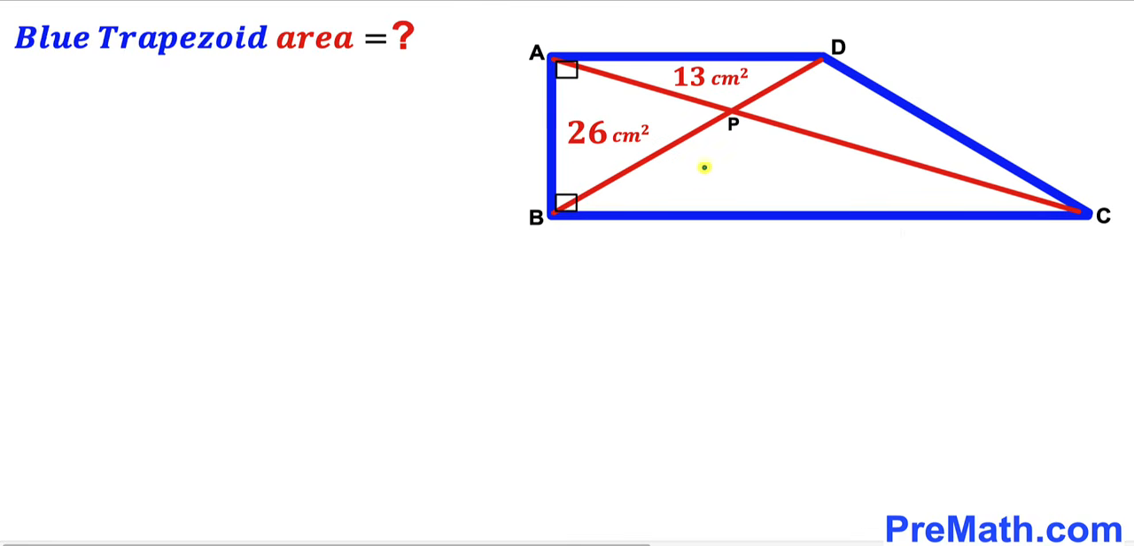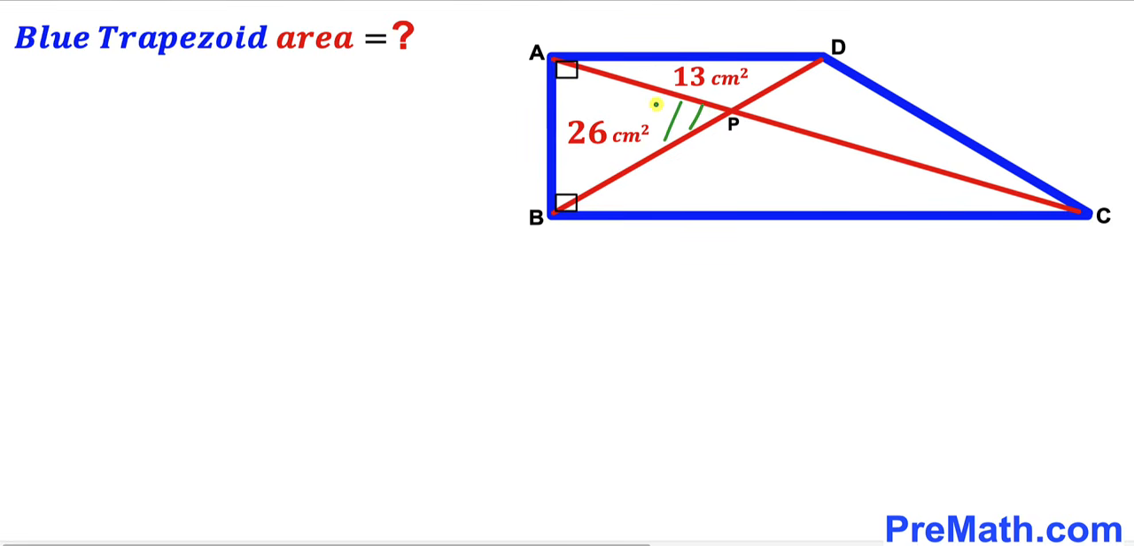Welcome to PreMath. In this video, we have got this blue trapezoid ABCD along with these diagonals AC and this other diagonal BD, as you can see in this given diagram, such that these two diagonals intersect each other at this point P,